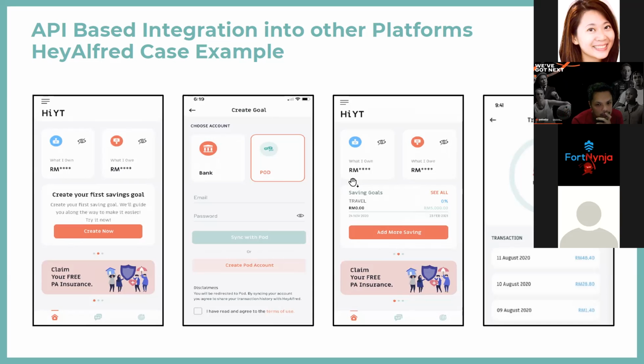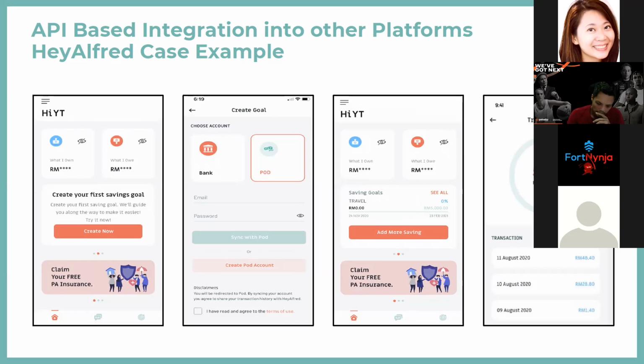What happens here is that you can integrate with our app, and the user on your app does not need to come to our mobile application. They can already create an account and a goal, with the goal details, from the API. If they already have a Pod account, they can also sync their account details to your application. The first two screens are about signing up or syncing.